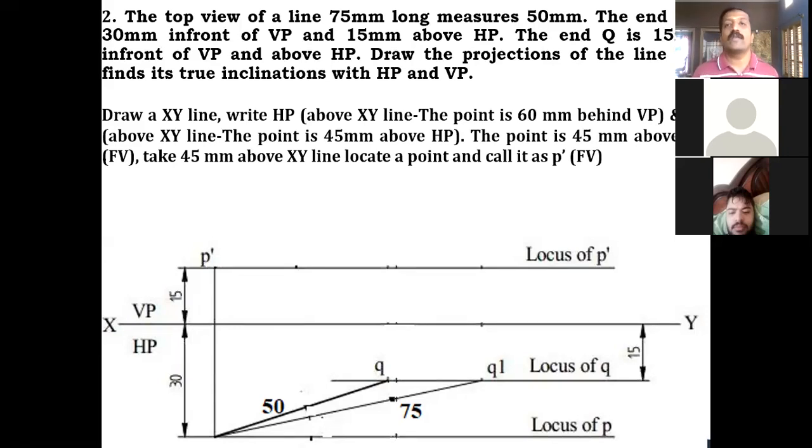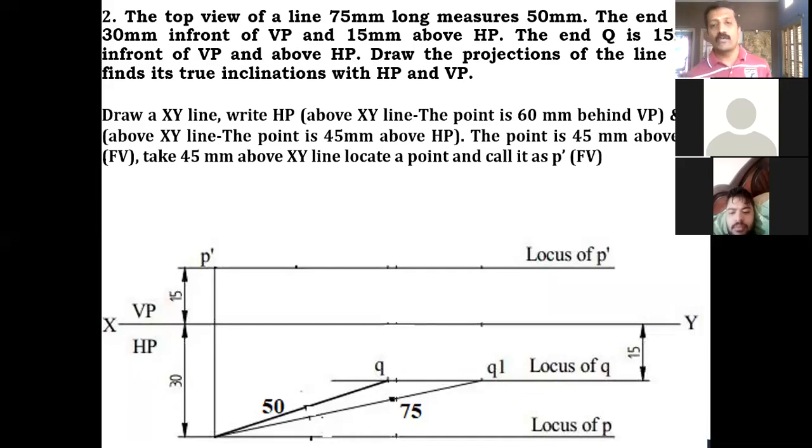After this, one more data which we have to use is that the end Q is 15 millimeter in front of VP. You take once again 15 millimeter in front of VP, meaning below the XY line. You take 15 millimeter below the XY line and draw one more horizontal projector line. Call that the locus of Q. After drawing this locus of Q, I need to get the Q on the same horizontal line as the P I have already written in the top view.